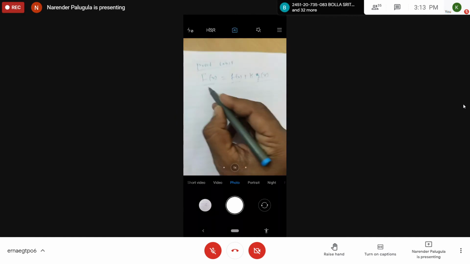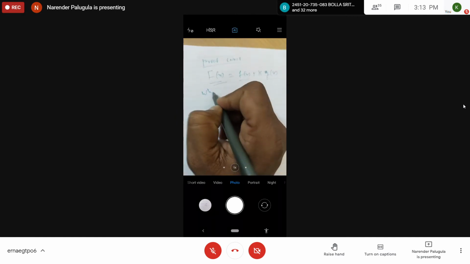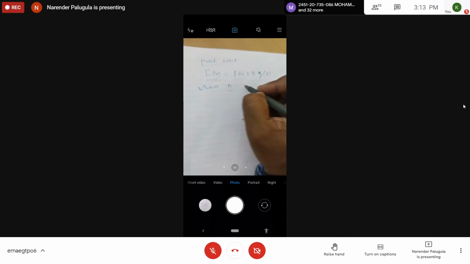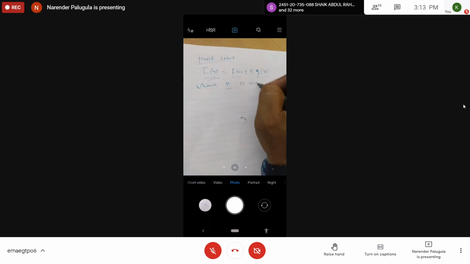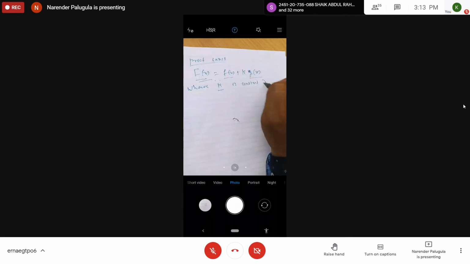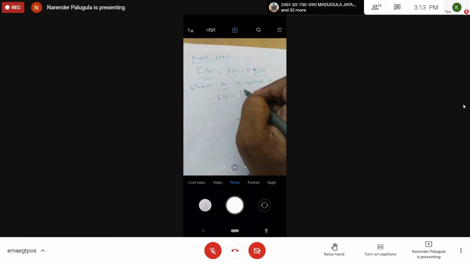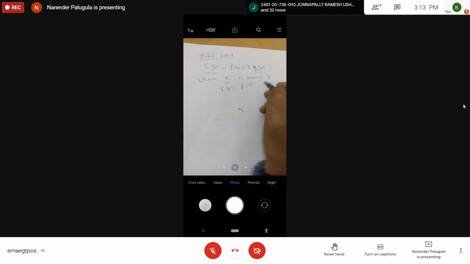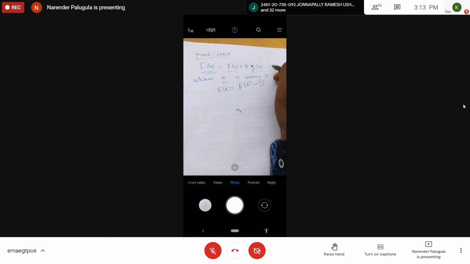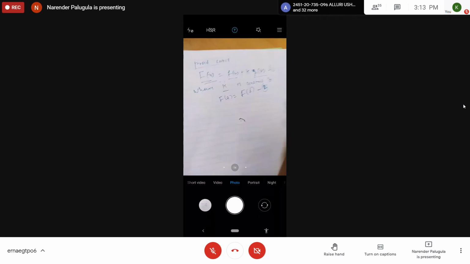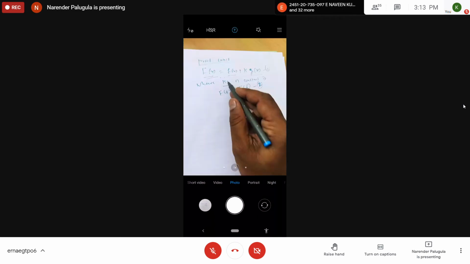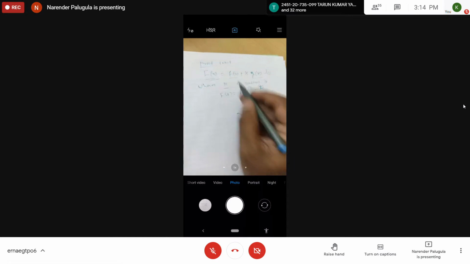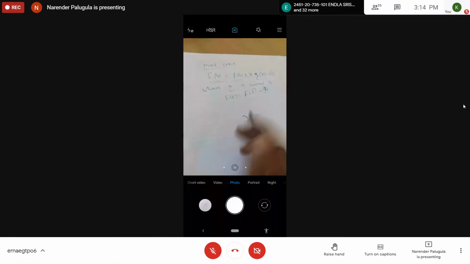Okay. Now, how to prove the theorem? This is the first step. Second, where k is a constant, which is to be determined such that capital F of A is equal to F of B, as we took in Lagrange's also. But the function only changes: there it was x, here it is g of x. So k is a constant to be determined, which depends on this rule. We have to choose k so that this rule is satisfied. The value of k depends on capital F of A equal to capital F of B. Let us find that k value using this formula.